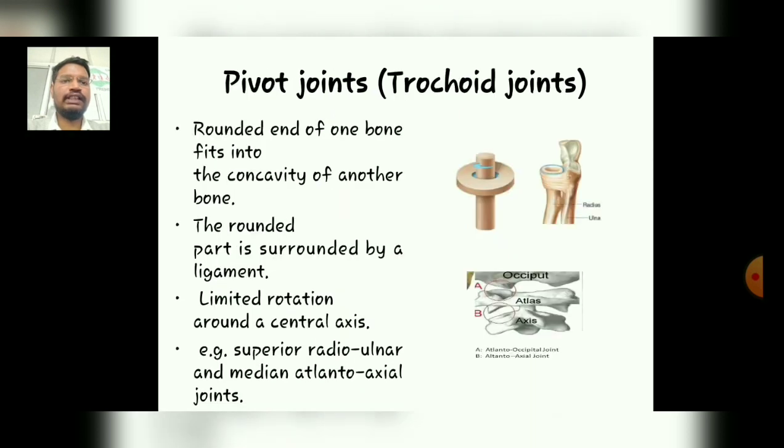The next is the pivot joints. It involves the rounded end of one bone which fits into the concavity of another bone, and the rounded part is surrounded by ligamentous support, and it allows only limited rotation around a central axis. Let us take the examples of pivot joints: mainly the superior radio-ulnar joint and the median